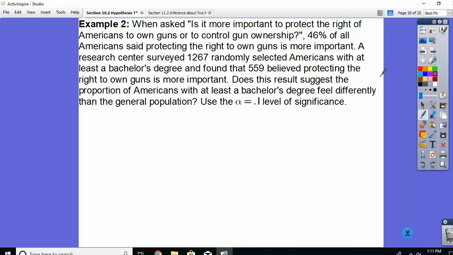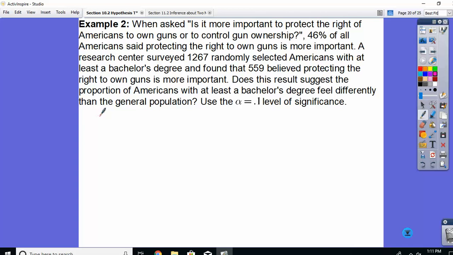Okay, when asked, is it more important to protect the right of Americans to own guns or to control gun ownership? 46% of all Americans said protecting the right to own guns is more important. A research center surveyed 1,267 randomly selected Americans with at least a bachelor's degree and found that 559 believed protecting the right to own guns is more important. Does this result suggest the proportion with at least a bachelor's degree feels different than the general population? Okay, so